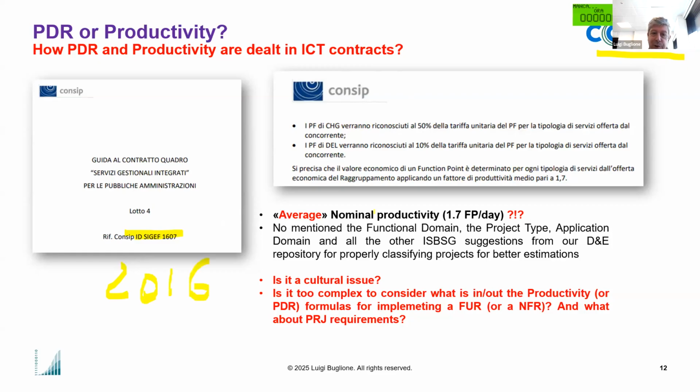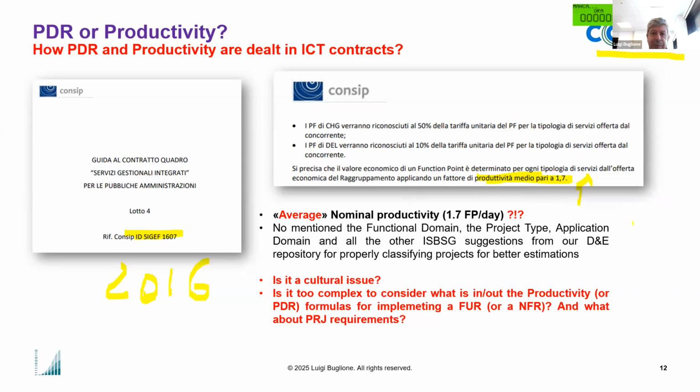And in one page of this bid, sorry, it's in Italian, you can read here, where I'm highlighting in yellow, this information: it was assumed that for every service type, a productivity level of 1.7, full stop. So, a couple of questions. What does it mean, average productivity? And as you can see here, there is no explicit information about the formula and the unit of measure